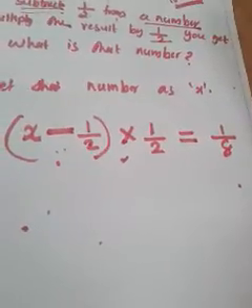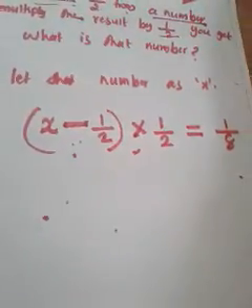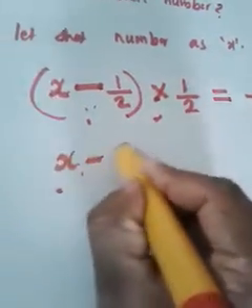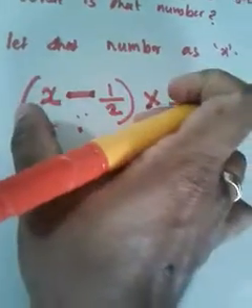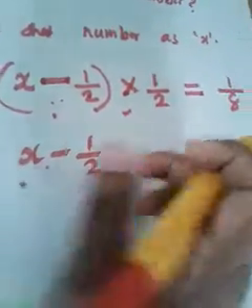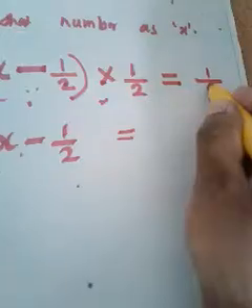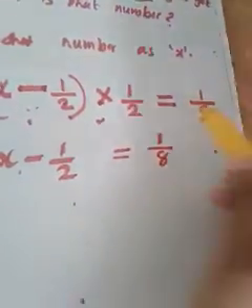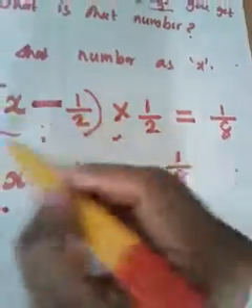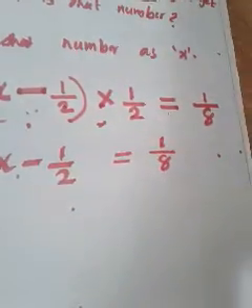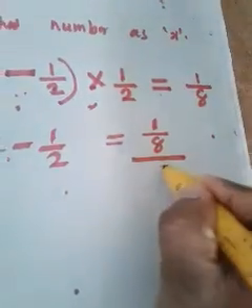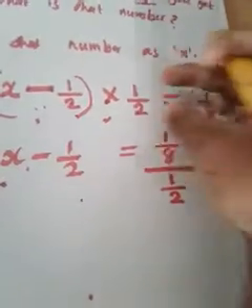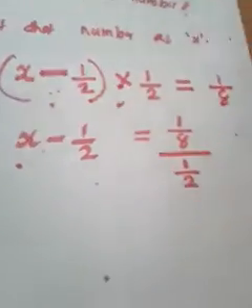And what can we do now? We have to find out the value of x. Now how can we solve? Just like the previous question, what am I going to do? I'm going to keep this x minus 1 by 2 on the left side, and the equality sign, and on the right side 1 by 8. Take this 1 by 2 to the right side. Since 1 by 2 is multiplied with this term, when you take it to the right side, it becomes division. That means 1 by 8 divided by 1 by 2, just like the previous question. The numbers change a little bit, that much only. All the process is just like the previous question.